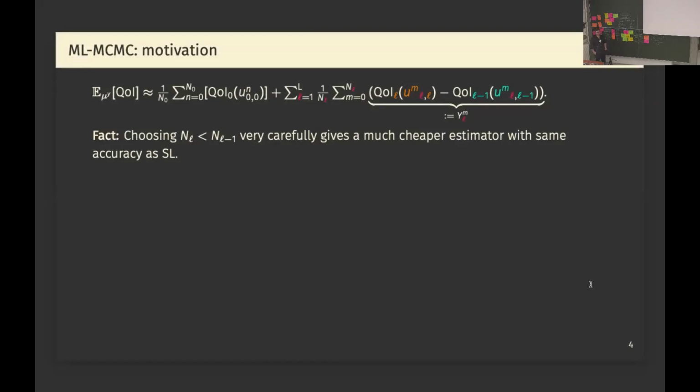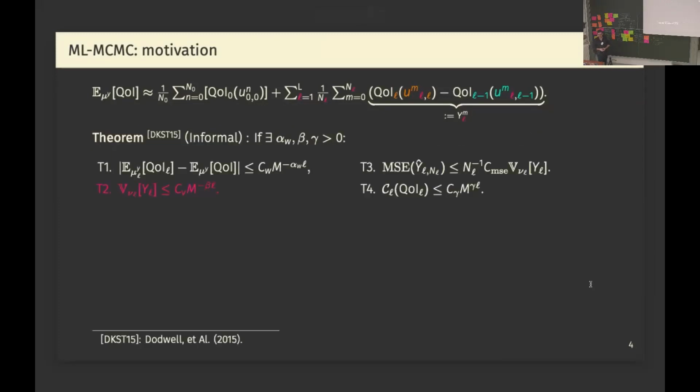Okay, and why do we want to do this? Well, it's a fact that if one samples less and less as one goes deeper on the levels, one can obtain a multi-level MCMC estimator with the same accuracy as a single level MCMC estimator, however, with a much cheaper cost. And in fact, there is some theory to back this up, proposed in this seminal work by